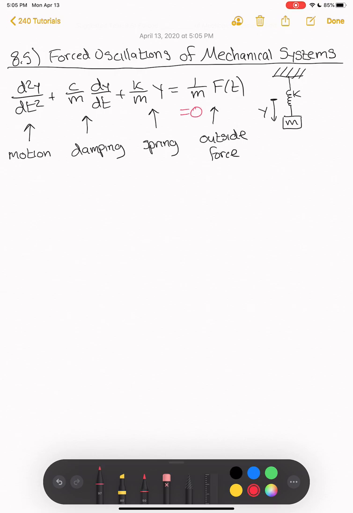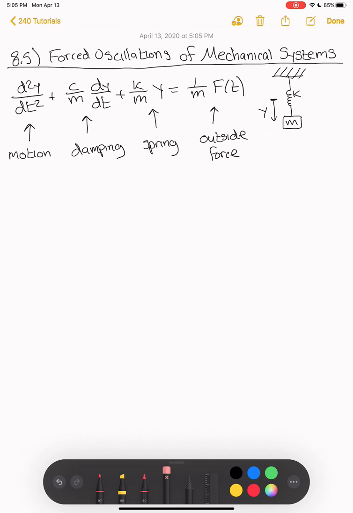So what we did then was we just assumed that our system was completely isolated in some sort of box here, and no one was touching it. We saw that we got some pretty nice results, and in regards to exams and stuff, a lot of it was just looking at this table to see exactly what your solutions of y are going to look like. But what we're going to do today is focus on the cases where f of t